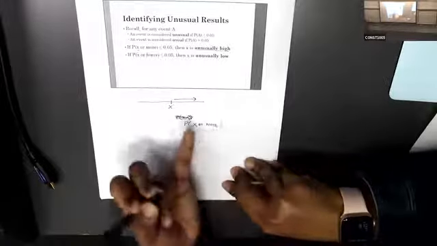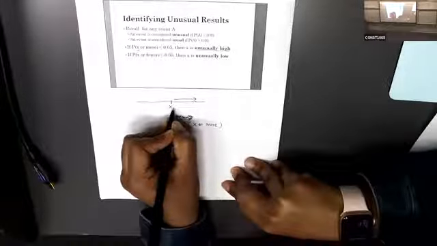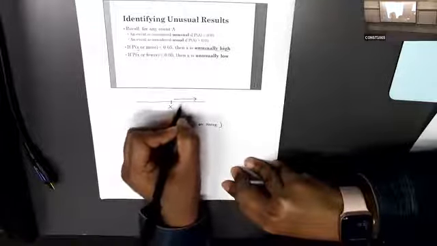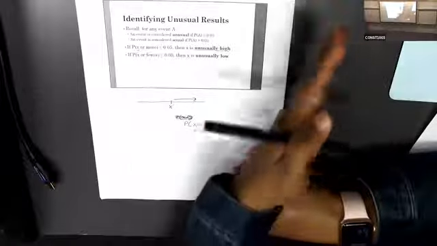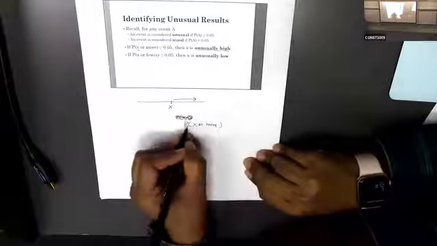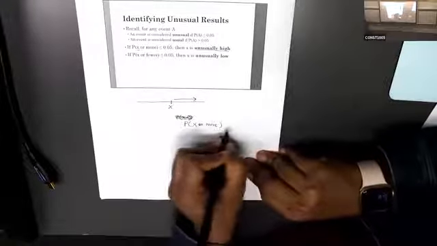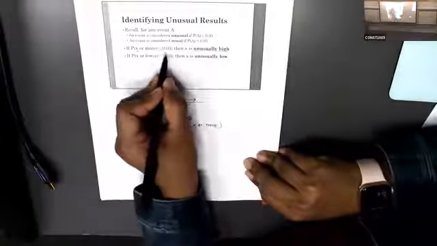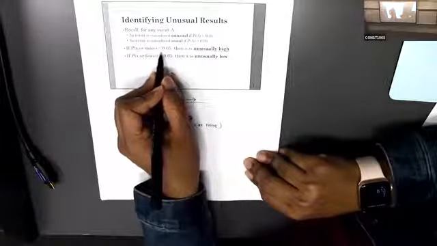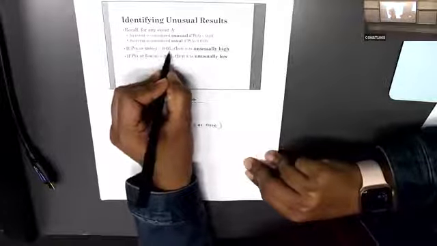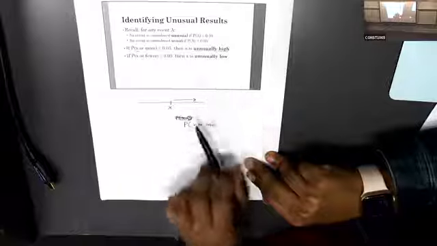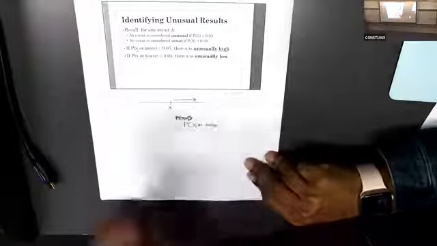More means x or more x values. Here x can be 5, that means the x value is greater than 5, like 5, 6, 7, 8, up to the last x value. Then if you add the probability of those x values, and if you have this answer, that means that value is less than or equal to 0.05, we can say x is unusually high. Okay, it's unusual, but specifically, unusually high.